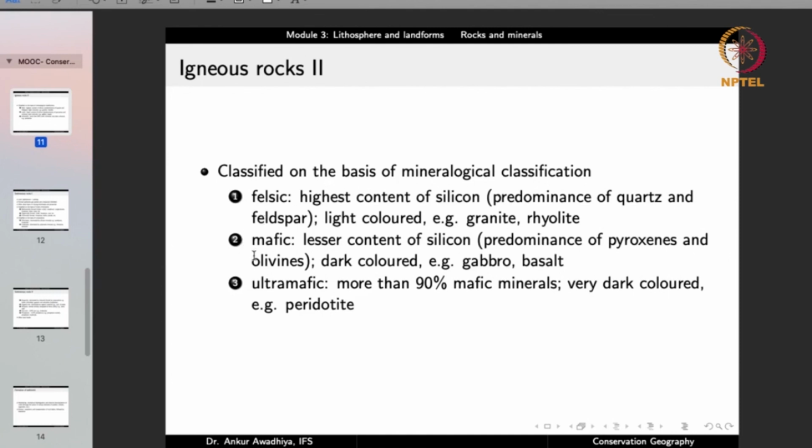Mafic rocks, the word comes from magnesium and "fic" for iron. So these have lesser content of silicon, and so there is a predominance of pyroxenes and olivines. They are dark in color. Examples are gabbro and basalt. And ultramafic is more than 90% mafic minerals. These rocks are very dark colored. An example is peridotite. Now, depending on the minerals that are inside, we can also make a prediction about the properties